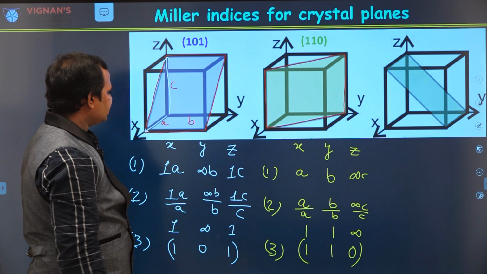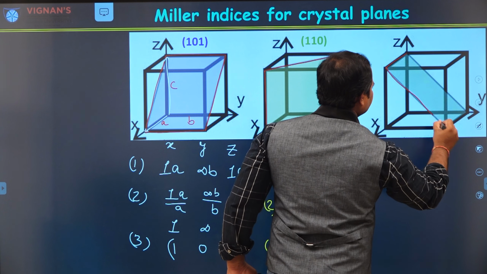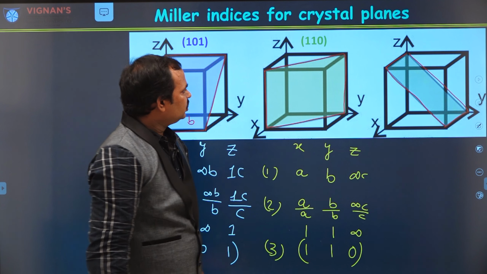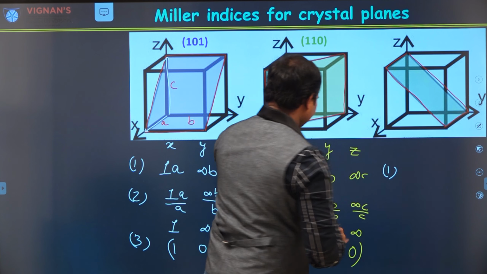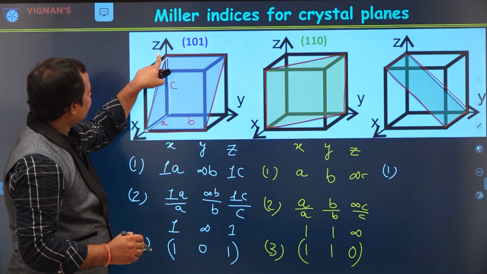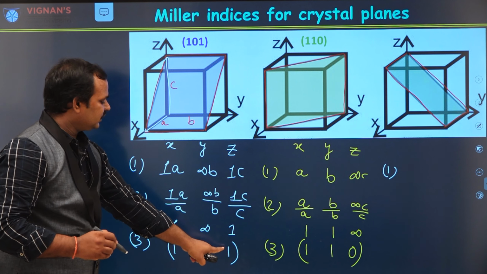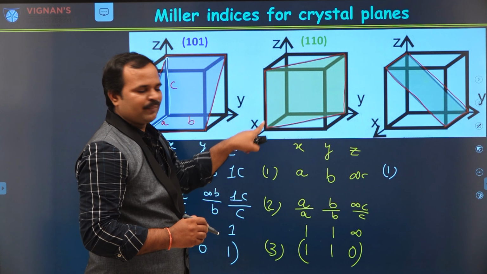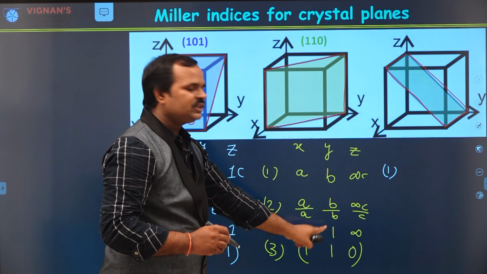Similarly, we can write the Miller indices for this particular plane. This is the plane that we have here. Now, the Miller indices for this particular plane, similar to this: this is intercepting the x-axis at 1, and the intercept along the y-axis is infinity, so it is 0. The intercept along the z-axis is at 1. So, here also you can see this plane is intercepting the x-axis at A and the y-axis at B, and the z-axis at infinity. So, it is (1 1 0).